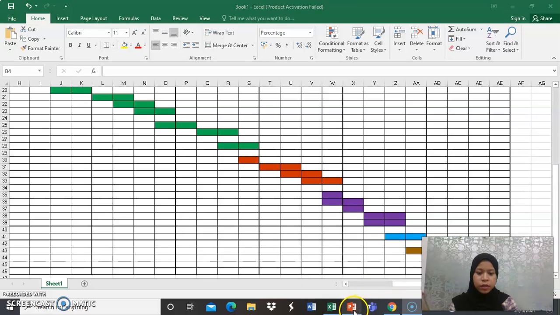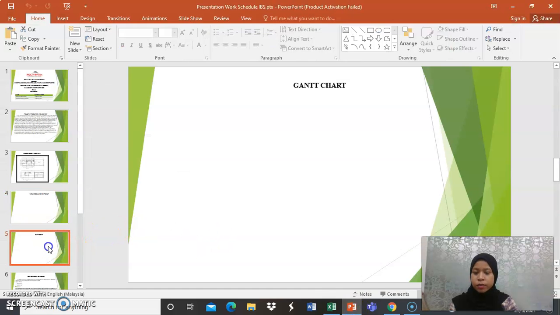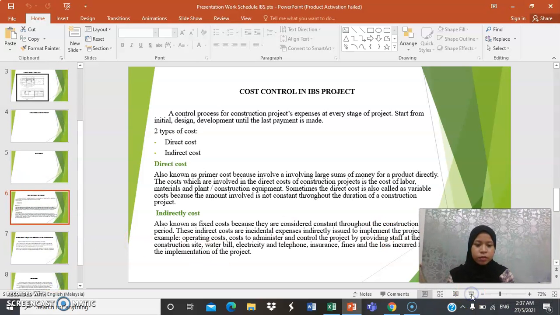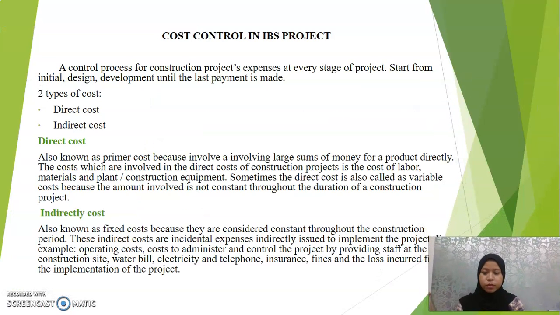Now we can present about cost control in IBS. Cost control in IBS is a control process for the construction project that exists at every stage of the project, starting from initial design development until the last payment is made. There are two types of cost. First, direct cost. Second, indirect cost. Direct cost, also known as primary cost, because